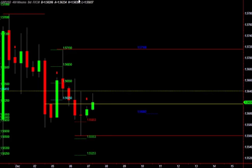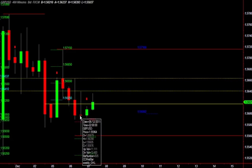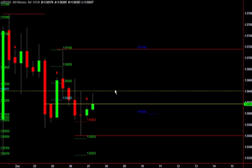So essentially what we've done, we've gone from an initial stop at 56.70. We managed to get that down to 56.45. So we've shaved a few points off that there. And that's our pound dollar. So we've still got the shorts open. Stop's been managed. No targets hit yet, but a pending long entry